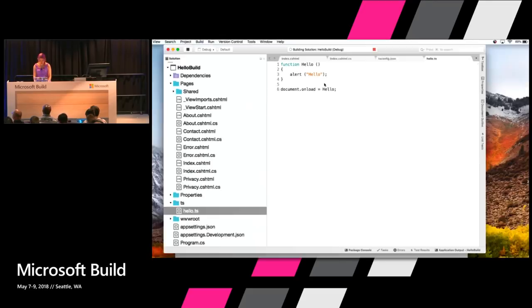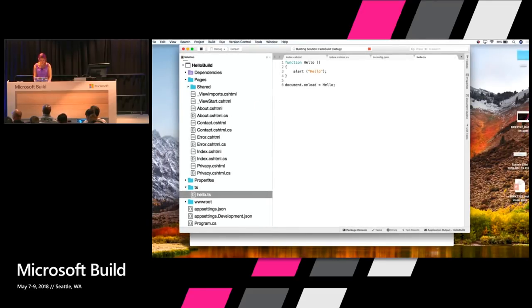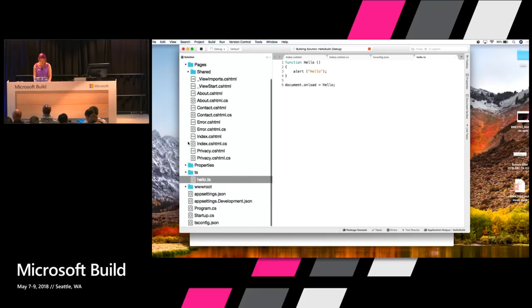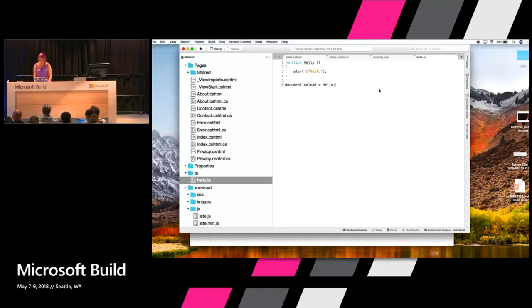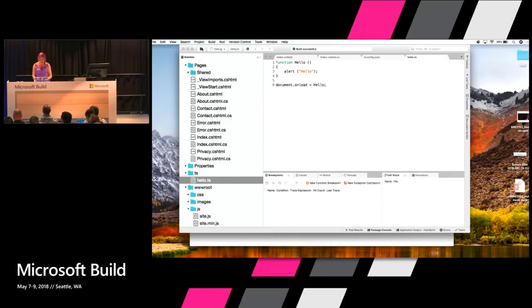And now when I build this, it's going to compile the TypeScript, and that's going to replace the site.js. So this is the compiled TypeScript. Looks awfully similar to the source TypeScript, because I wasn't really using any of the TypeScript features there because it's so simple. But now when I run this,